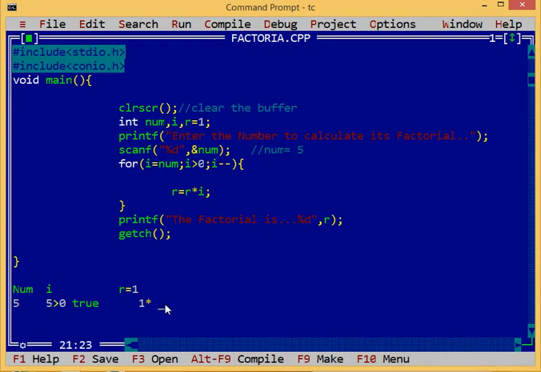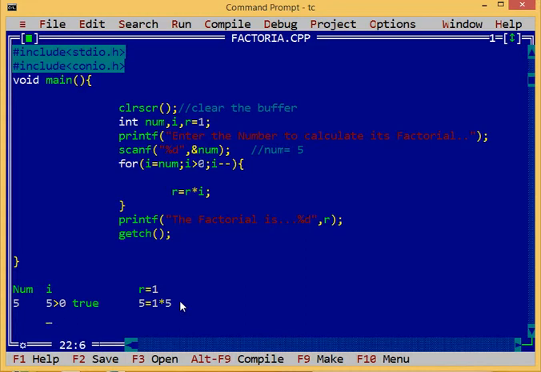So 1 into 5 is equal to 5, and 5 will be stored in R. Now the next statement is I minus minus, which will decrease the value of I.